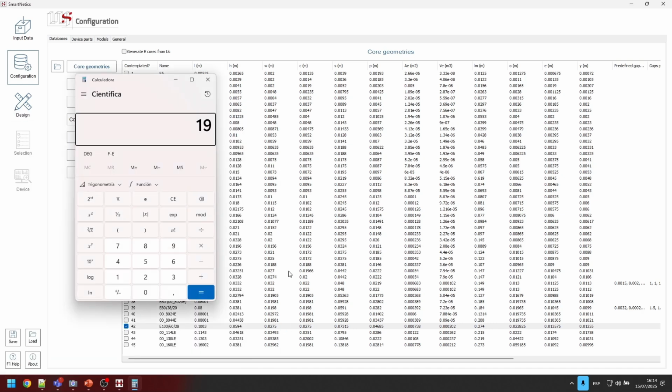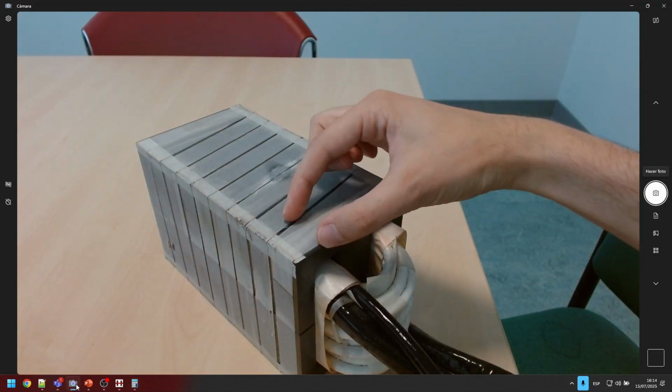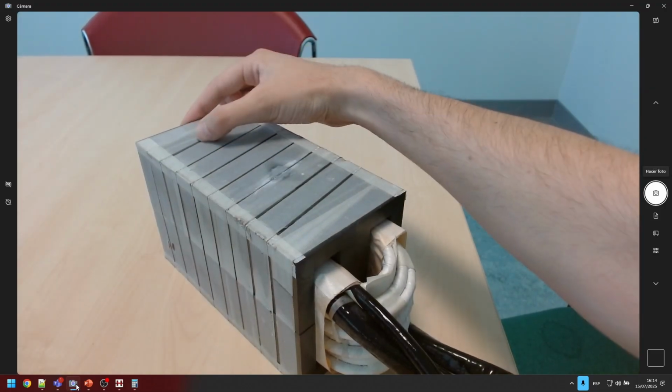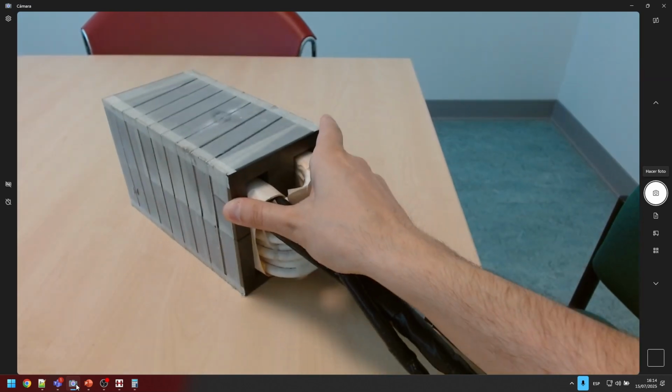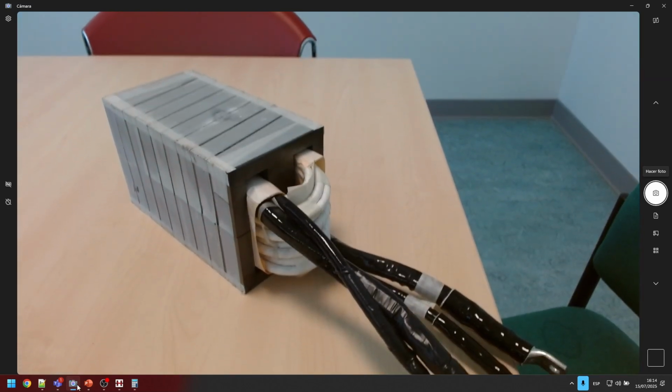Stacked, I mean. So over this dimension here, 25.7, so 7. So now we know that we have, in this case, 7 cores stacked in parallel. And we'll go back to the camera. So we have like one core like this, and there are 7 stacked in parallel to make the full device.